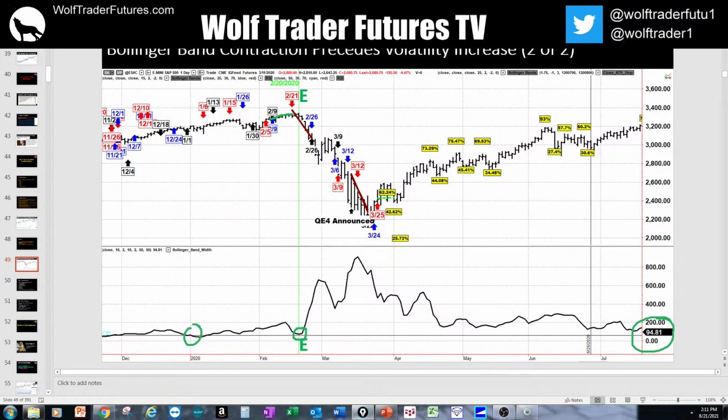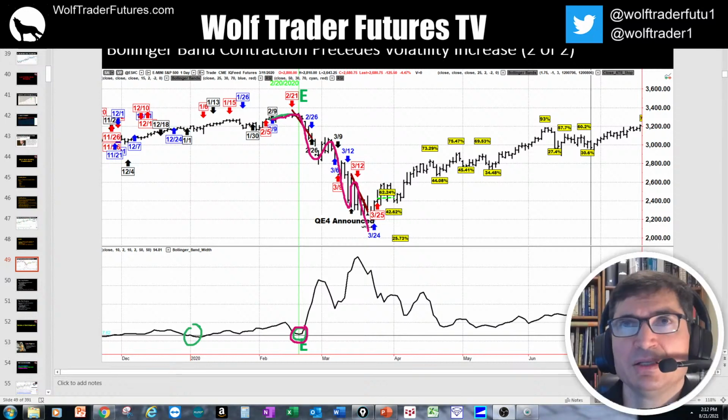And then all of a sudden, right? All of a sudden, it all breaks loose here. You see this? Just wildness happens. So I think this is a useful tool for determining low volatility, but for high volatility, it's a lot trickier